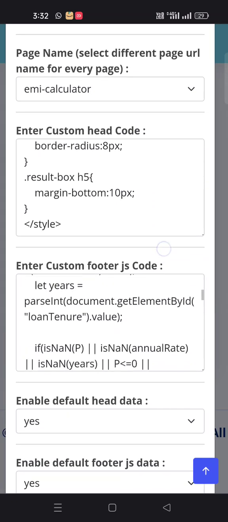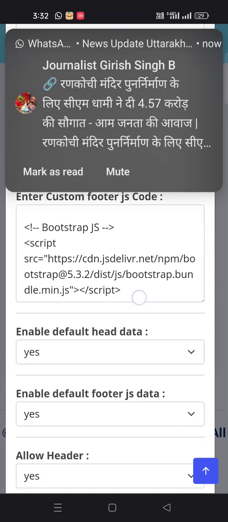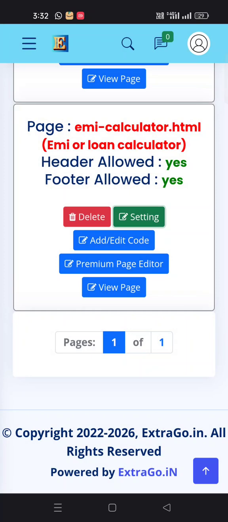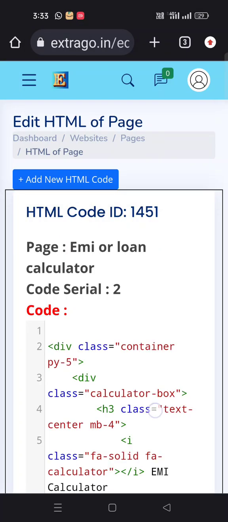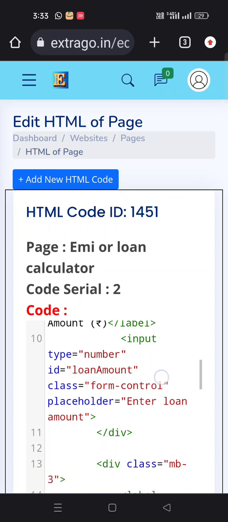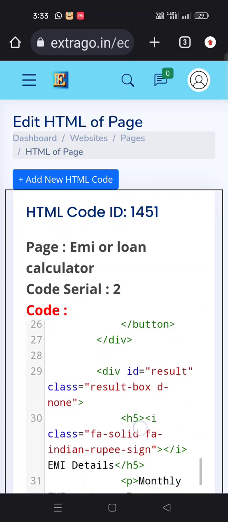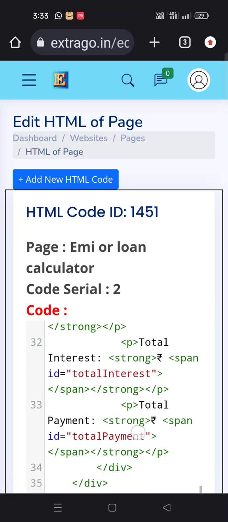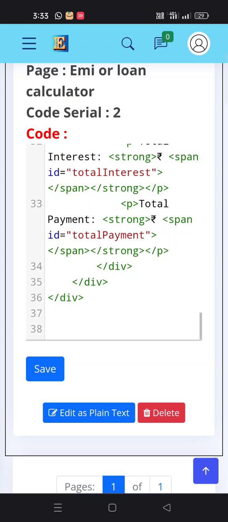Let's check why it's coming. Yes, everything is okay. Add edit code, go here, container calculator, EMI calculator, everything is looking great, but I will fix this. I have many alternative ideas to fix the error.